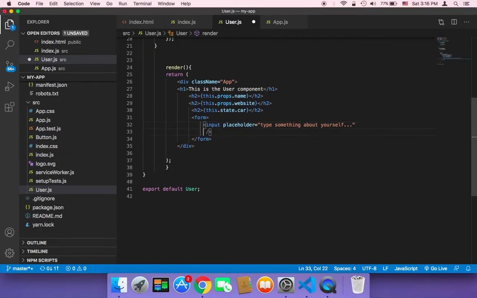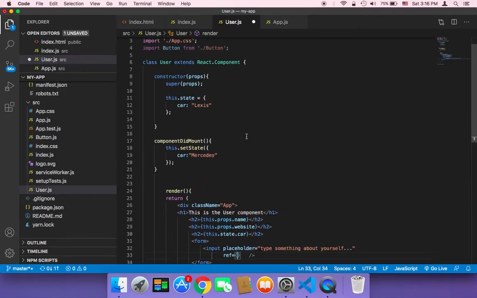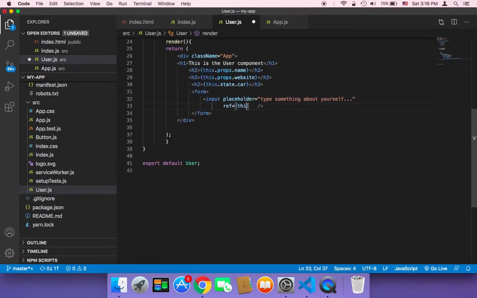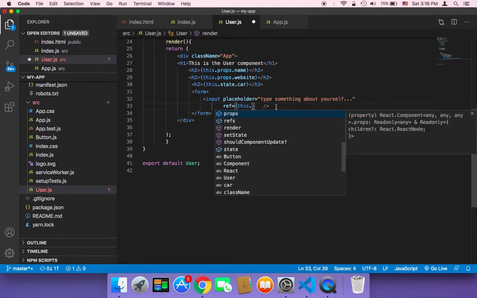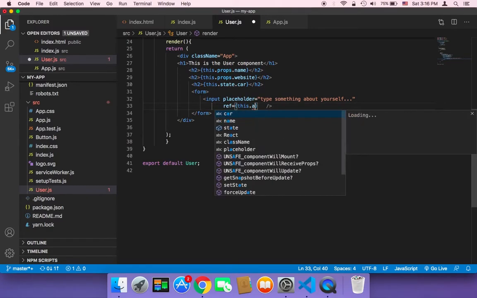Well, we can use something called refs. In React, there's something called refs, which lets you create a reference to an input, and then using that reference you can get the value of that input. So for example, for that input we can give it a reference, and that reference is going to be equal to a variable that you create. Let's create a variable called aboutYourself,